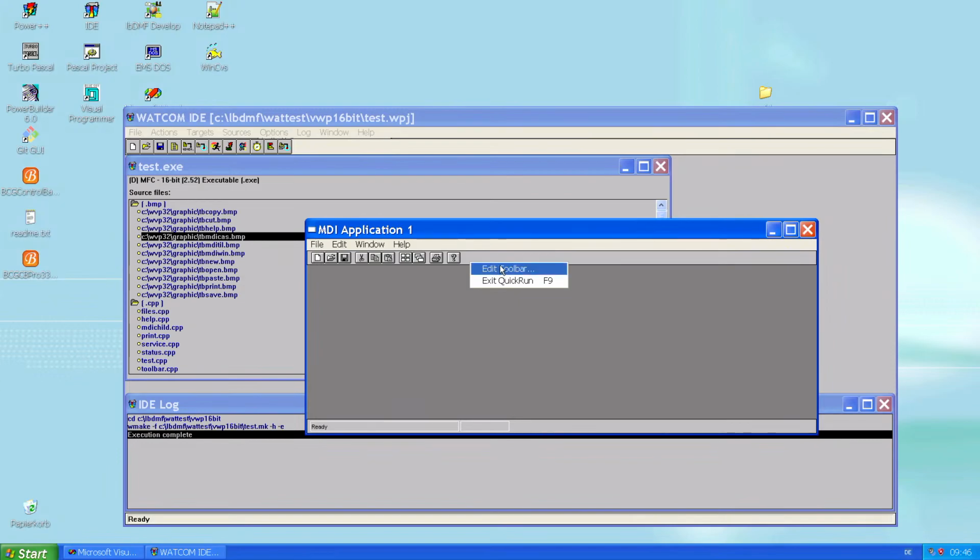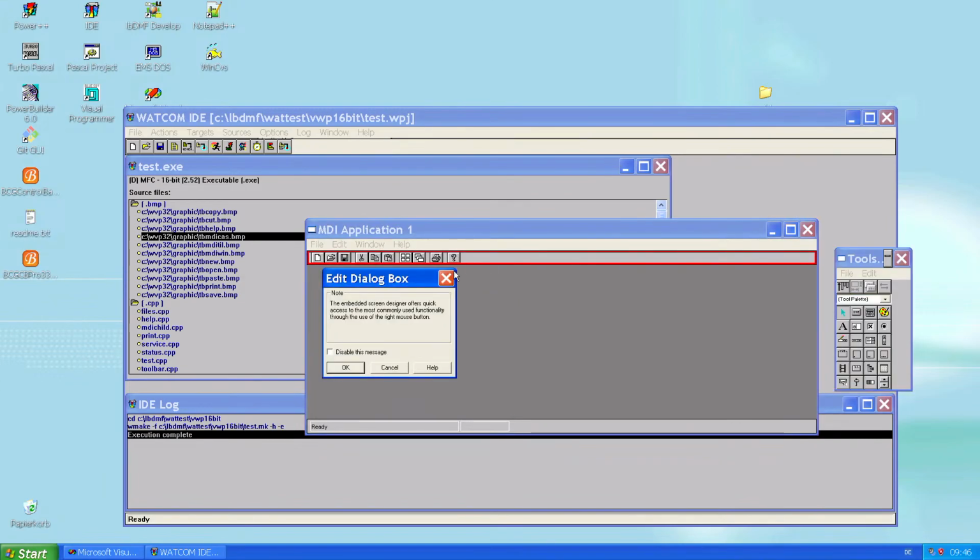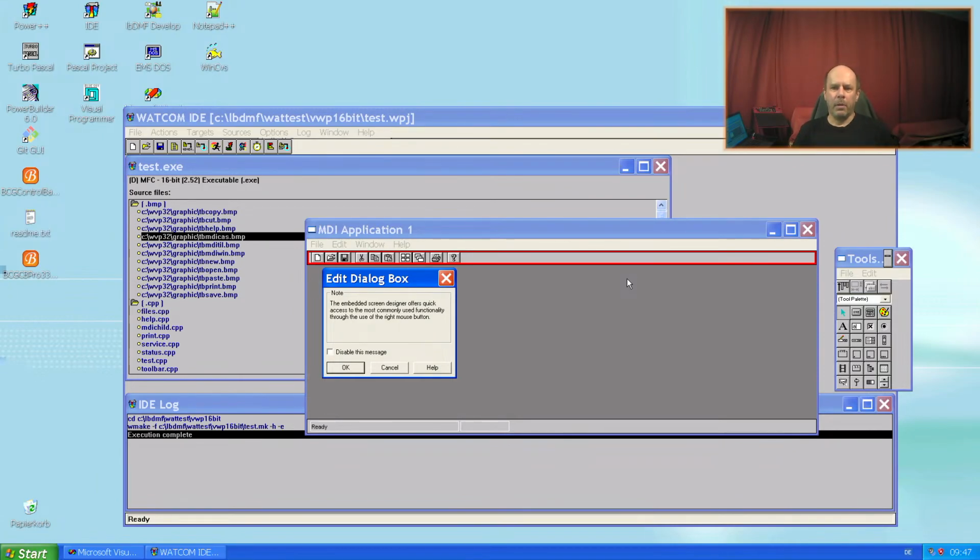I was able to edit the toolbar in the running application. So from the idea, it's an integrated prototyping tool. In those days, I would argue to be a good idea.